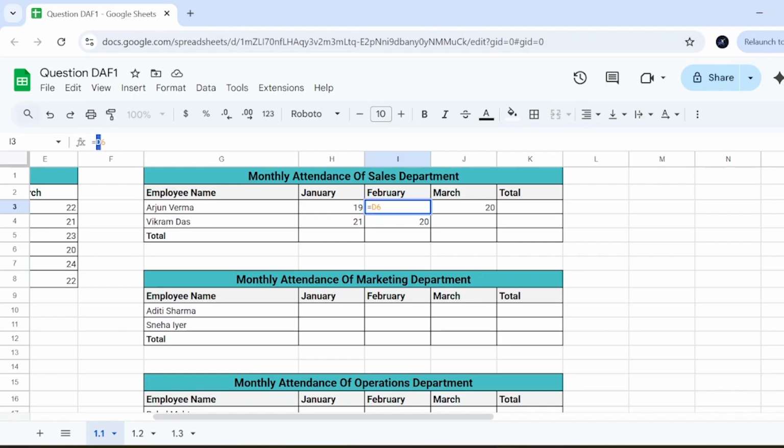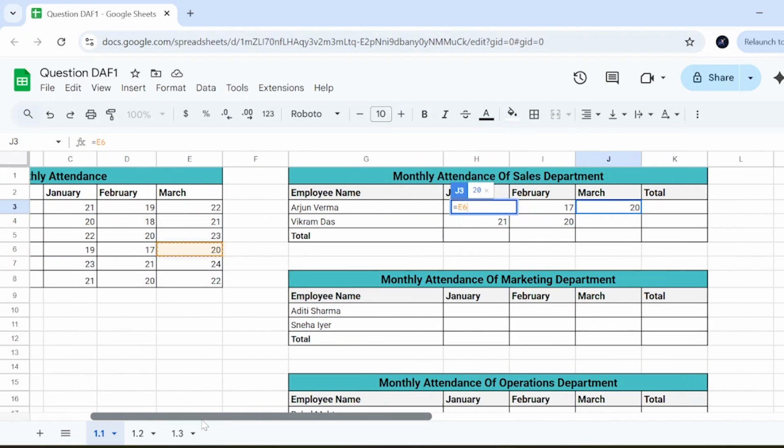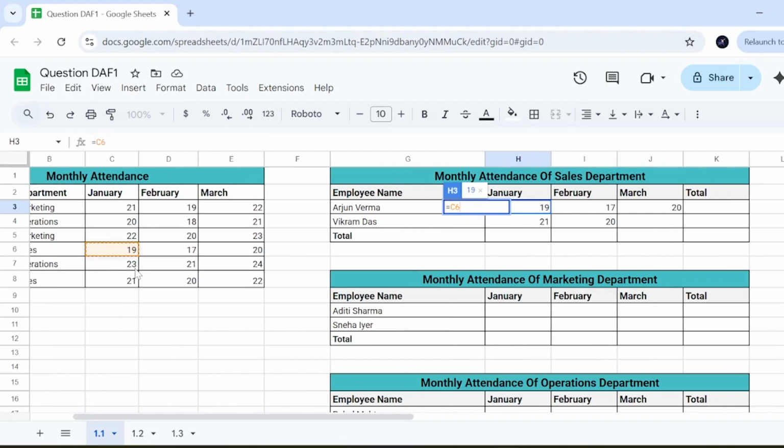This D will only change to E, because I dragged this to J, so the reference was from D6, and if I drag this here, it will become E6. Simple. Now you can see here I have referenced this cell. So after writing this, after taking the reference from C6, I could have dragged it like this, and this cell will reference